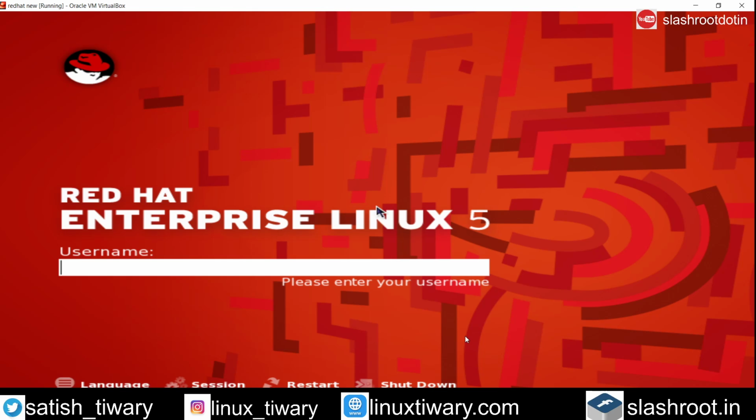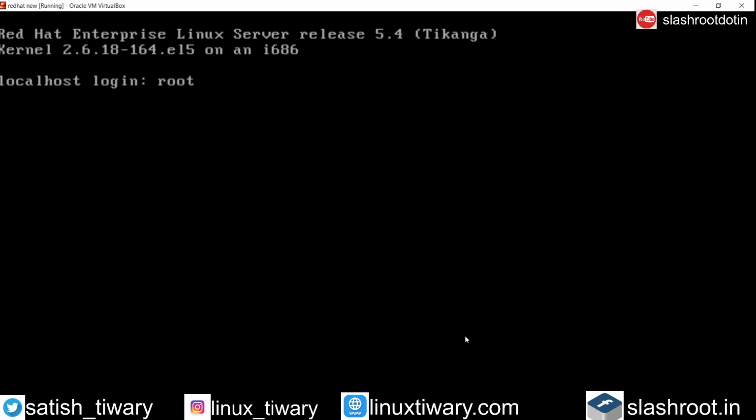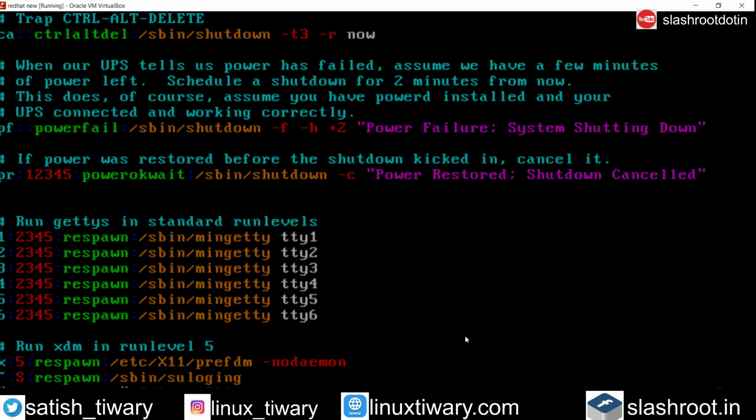It means you will not be able to log into single user mode. You have to log in with the username and password, then remove that line, and only then will you be able to log into single user mode. Let's see. Now I'm going to the inittab file, going to the last line in insert mode, and I am going to remove the last line which I have added.